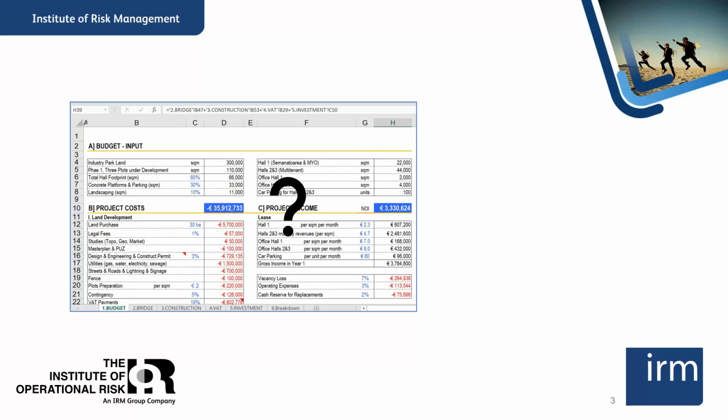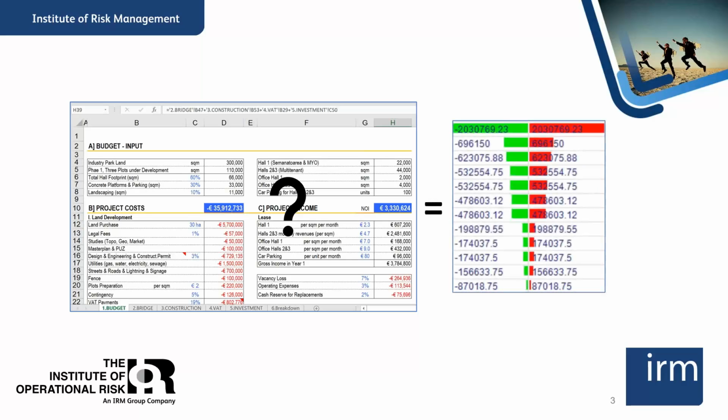So for those of you who don't really know an awful lot about it, sensitivity analysis is really a technique which helps us to understand what the key drivers are within a model. So what the technique involves is changing each of the inputs to a model by a certain amount, often plus or minus 10 or 20%. And then measuring how much the output that we're interested in moves as a result of each of these changes.